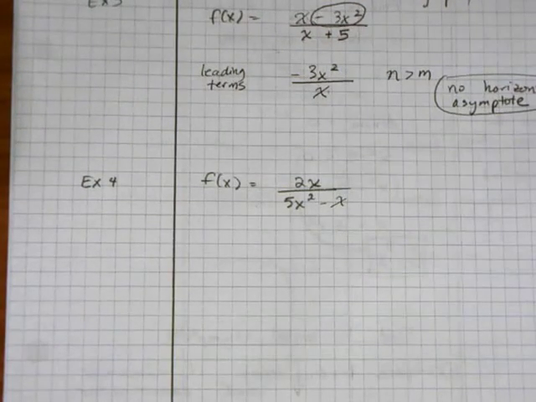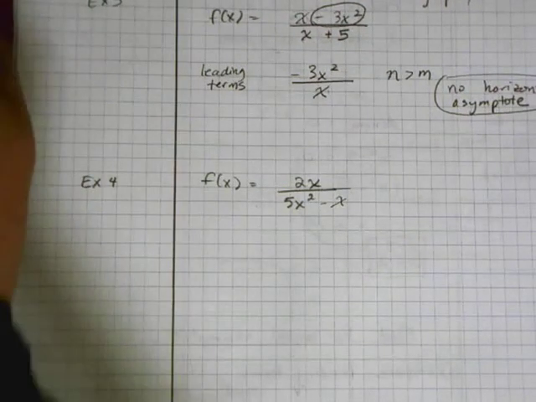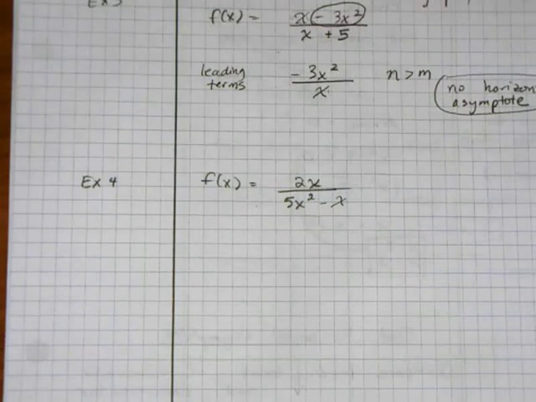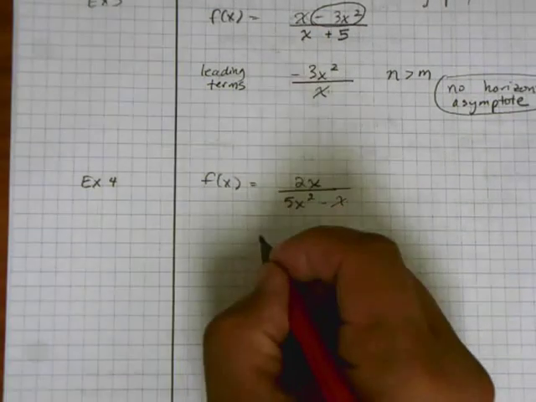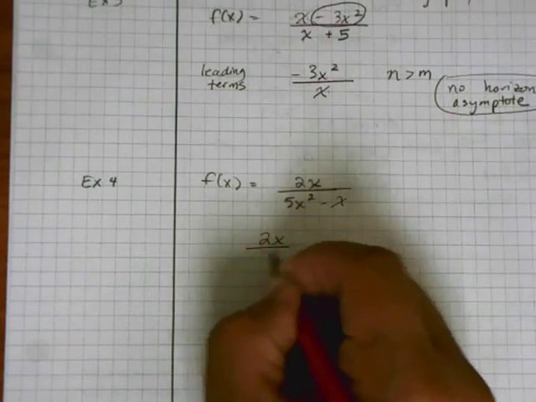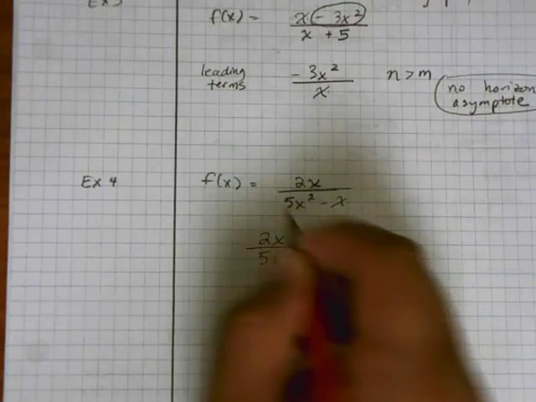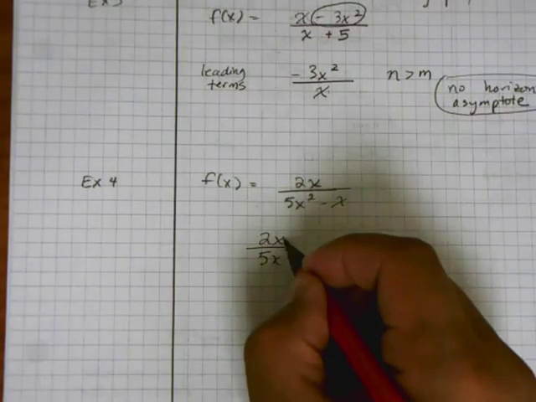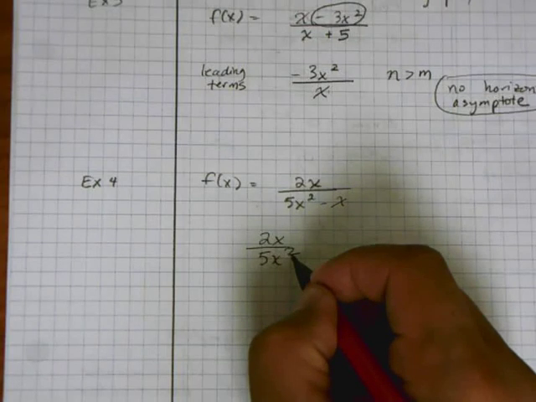And in my last example here, I've got a function 2x over 5x squared minus x. And you can see the leading terms are 2x and 5x squared. And since the exponent on the bottom is bigger